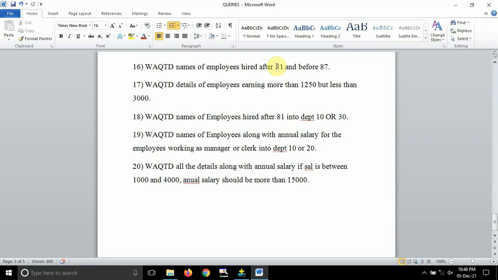Another condition says that they should be hired before 87. Before 87 means the starting of 87 should not be included. When will the year 87 start? On 1st Jan 87. If I ask when the year 2022 will start, it starts on 1 Jan 2022.